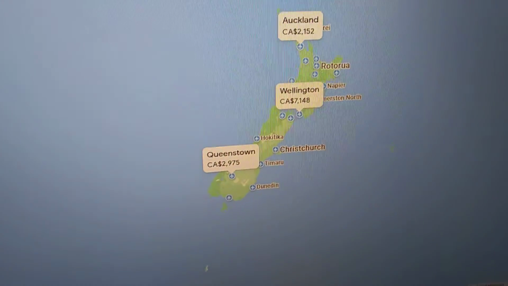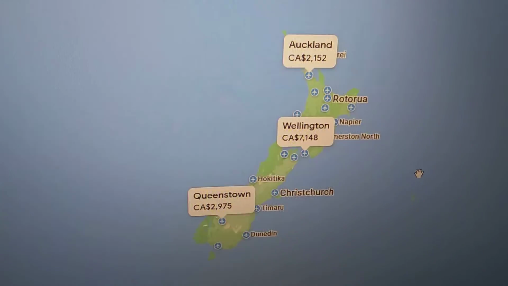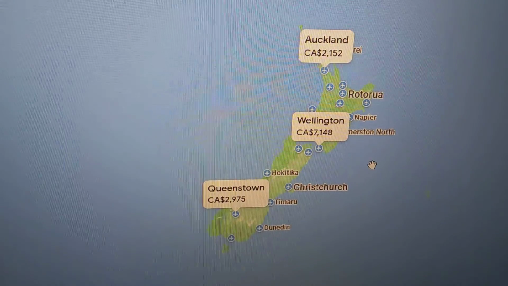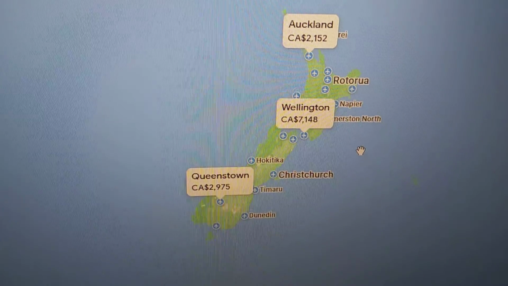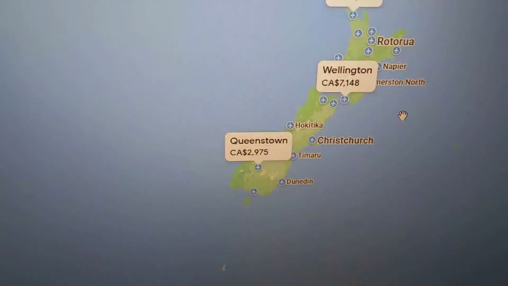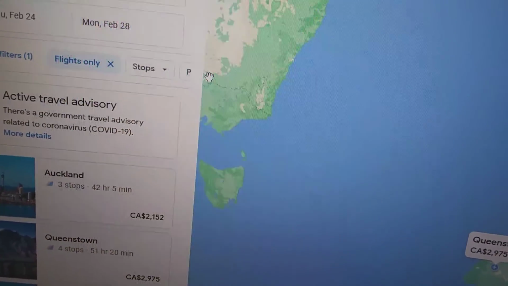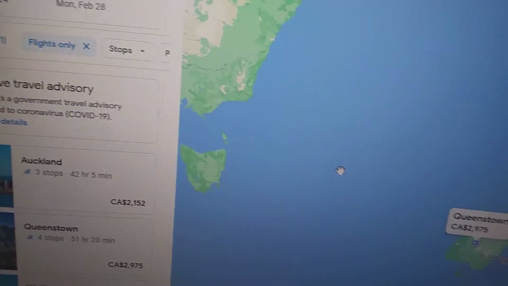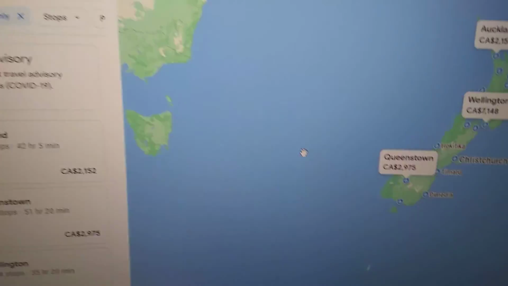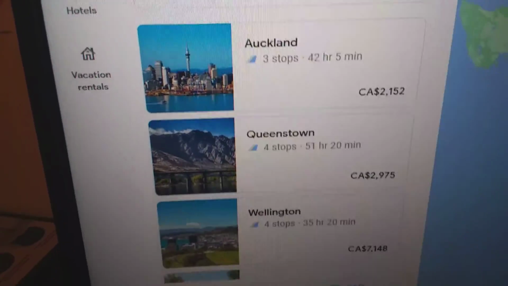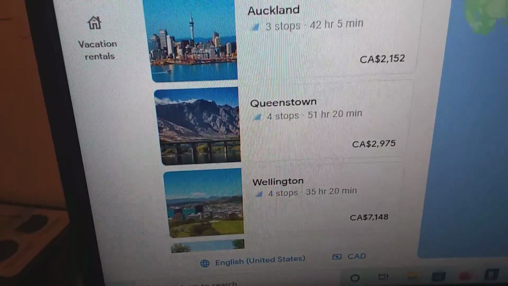On the other areas here, I can tell you, of course, they say it here. This is Wellington in New Zealand, Auckland in New Zealand, and Queenstown in New Zealand, and this is Australia, of course. If you look there, basically that is Australia. On the areas you can see how those cities are covered.